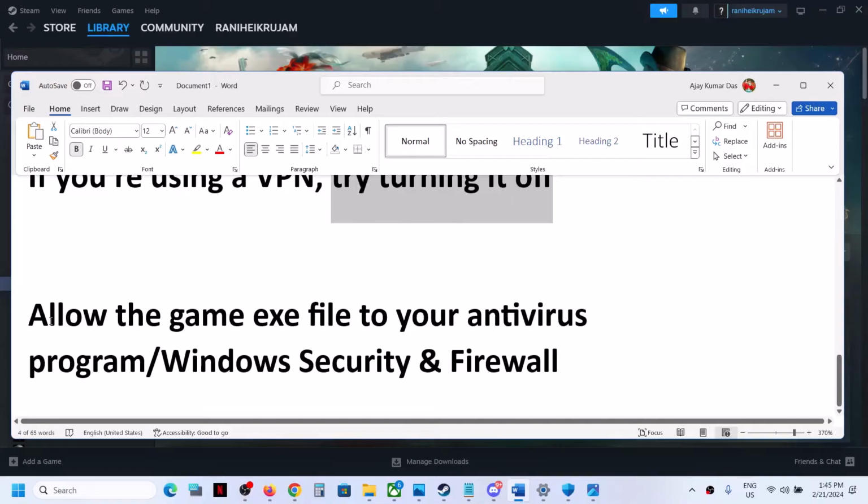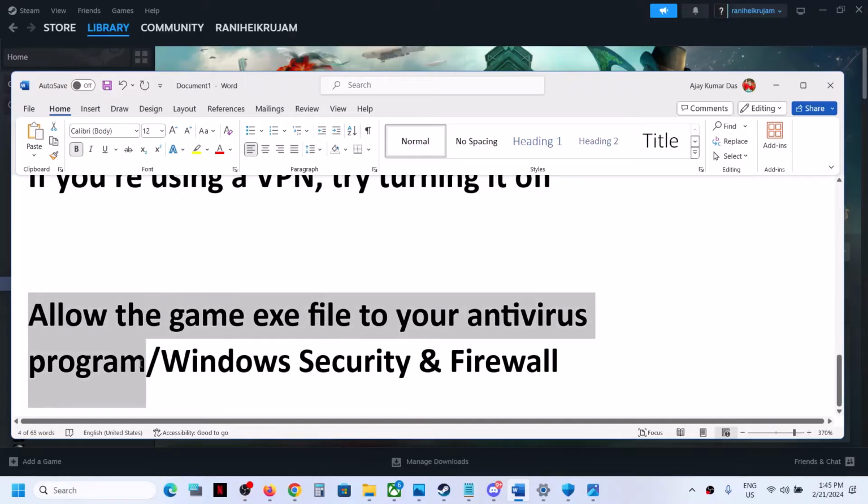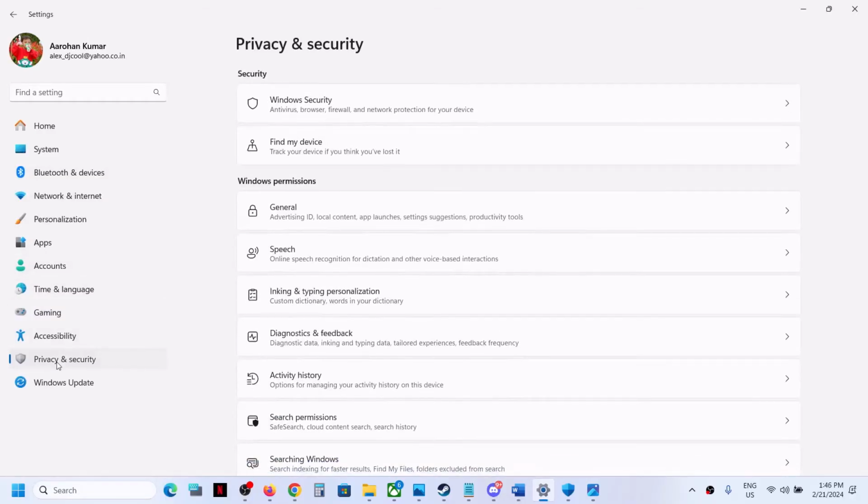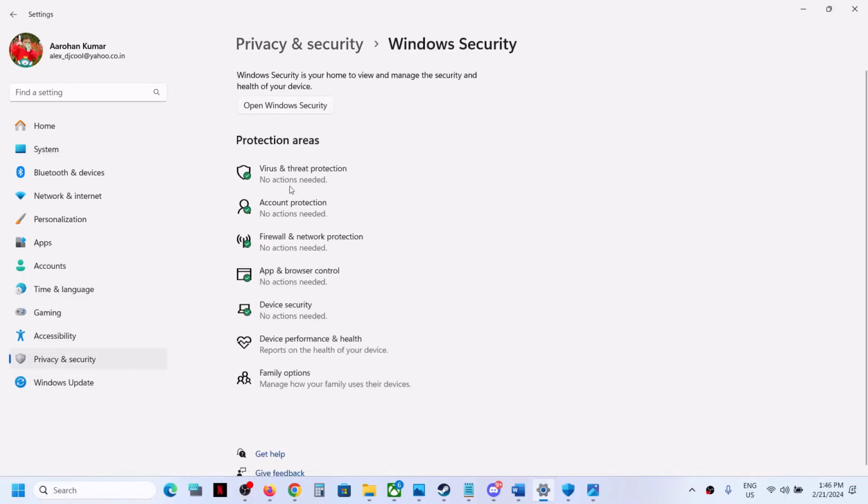Next step is to allow the game exe file through the antivirus program. If you have any third-party antivirus, just make sure that you allow the game exe file in the antivirus program. Now if you're using Windows security, then open Windows settings and go to privacy and security if you have Windows 11, and then click on Windows security. If you have Windows 10, you will have an option update and security, then click on Windows security, virus and